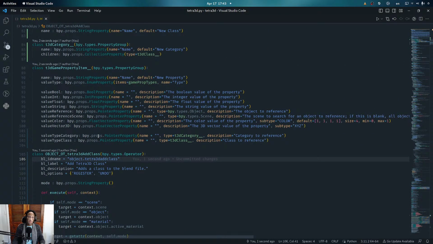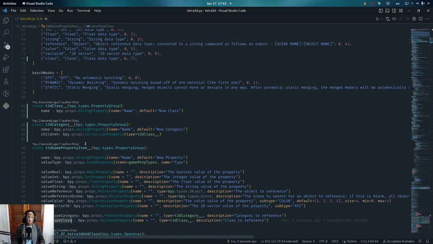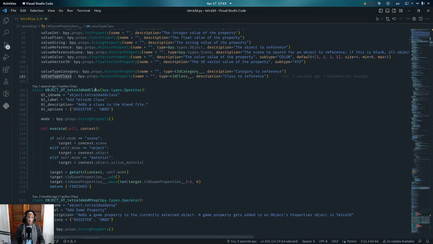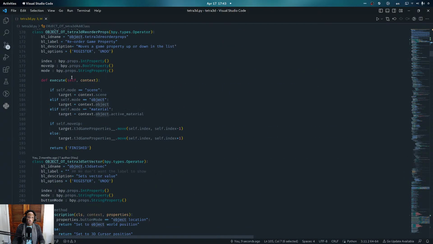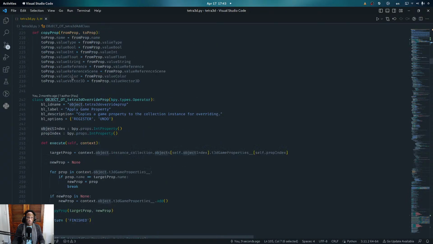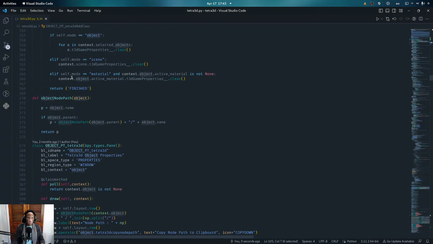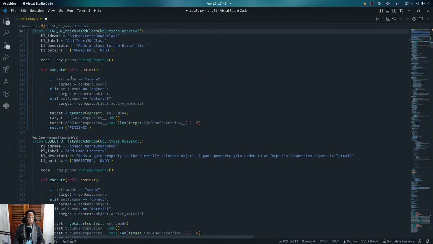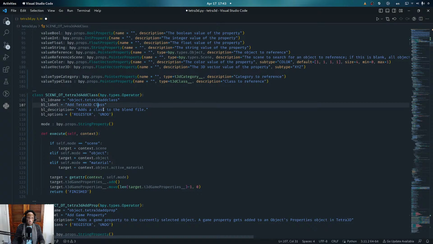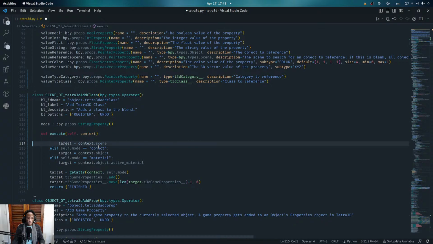All right, so these just point at things. This doesn't actually add anything. So add class really is a global process. It's for the entire scene. Yeah. Okay, so it's always going to be